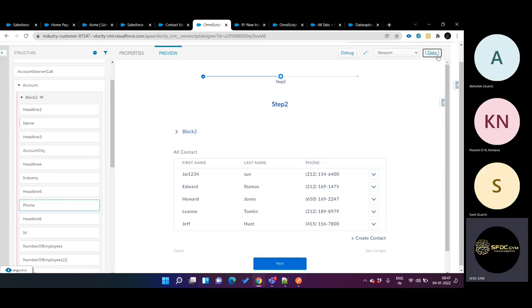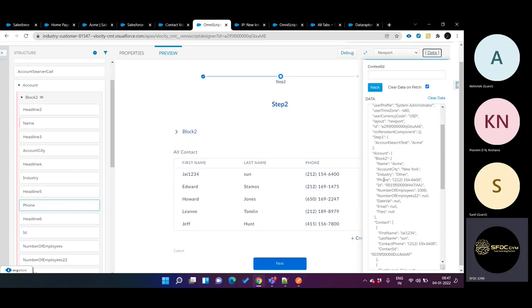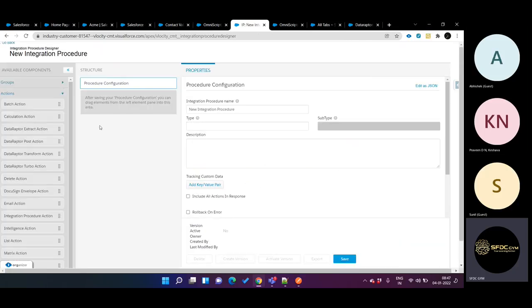Let's say this. Now I want to access the value of the phone. In that case, I need to go to the phone, then block two, then account, right? Why? Because we have UI elements. We have a UI element block, we have a UI element account, right? But since in integration procedure we don't have any UI element, that means if I drag